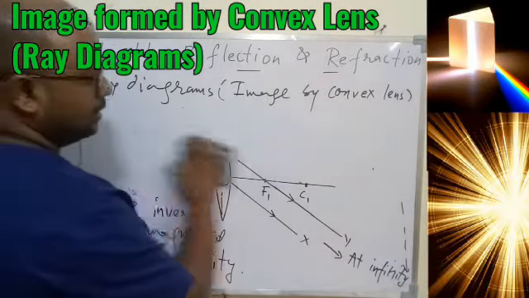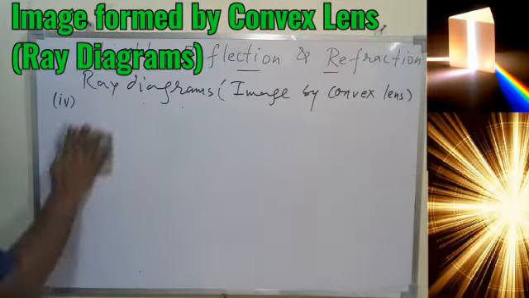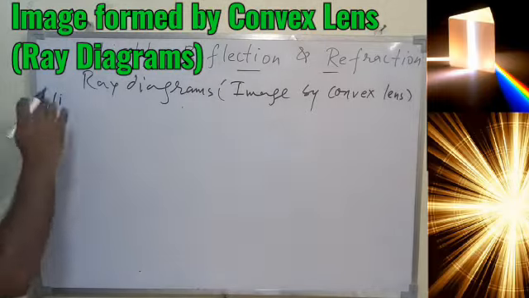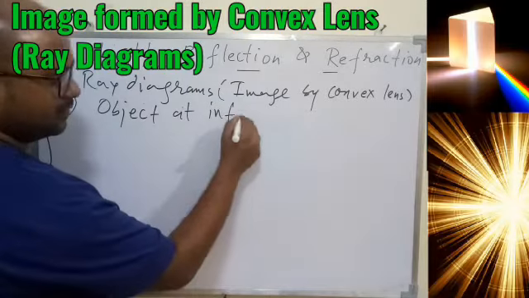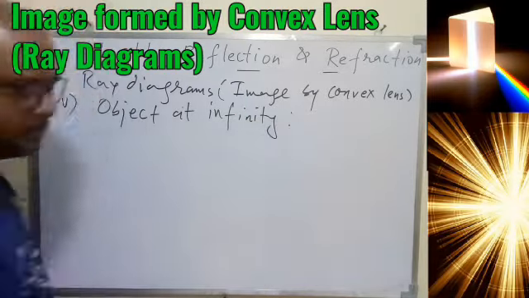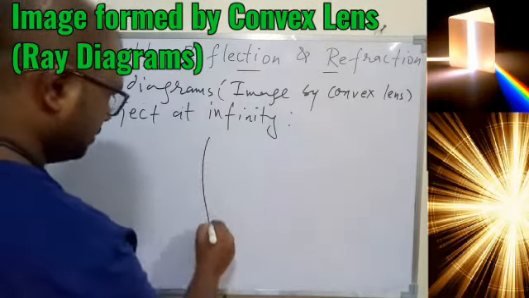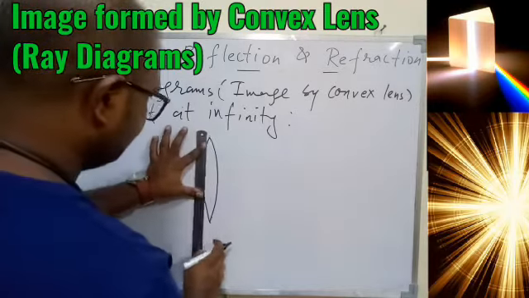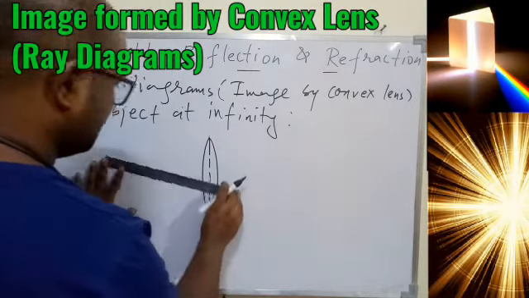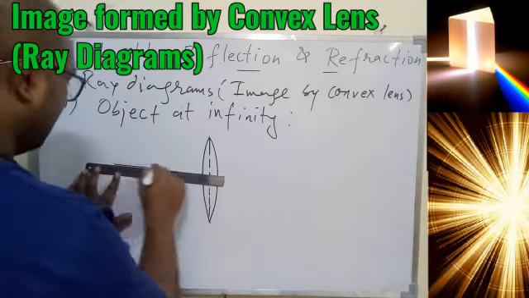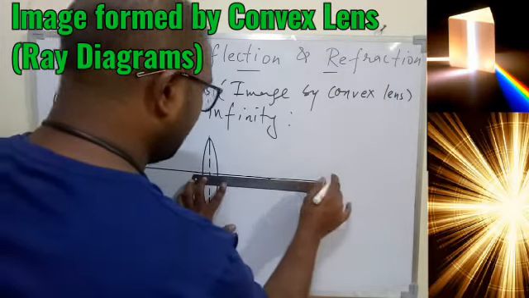Okay, let's take one more case, the last one, and then you can try one yourself. In total we have 6 cases, and I am doing 5 cases. Now let's take object at infinity. If the object is placed at infinity, what will happen to the image by the convex lens? Again, let's quickly draw the diagram. For this case, we don't need lots of measurement, but still you must do it all the time. Some special cases we have where the measurement should be perfect, otherwise your error will be there.